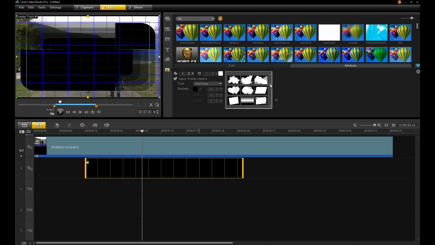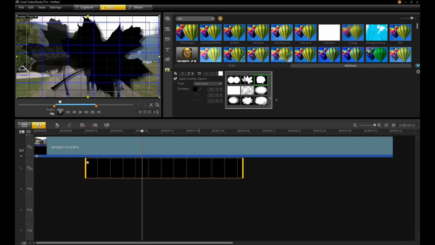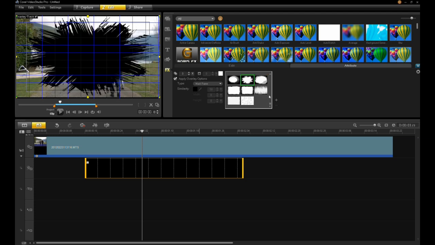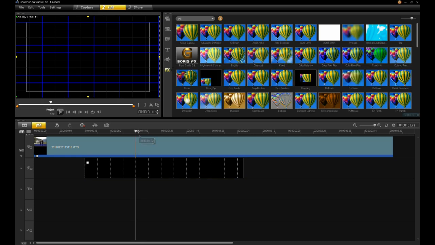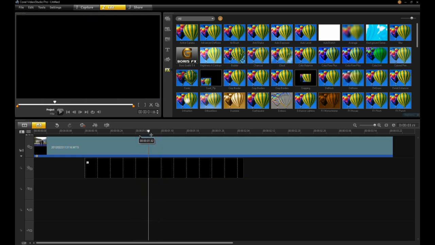So in this case here, I'm going to use a very, very basic mask. I'm not going to use a special visual effect like one of these. I'm going to use just a full screen mask. And we do have one here, this full screen mask right here. So I'll say I'm going to use that mask frame. So now I have a clip that has a mask that's full screen, and I'm going to go and add